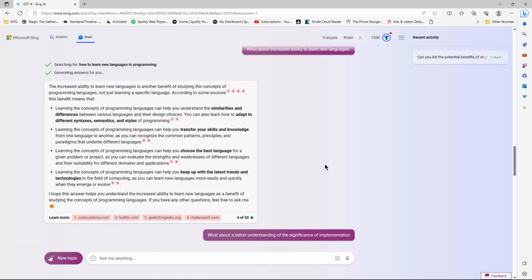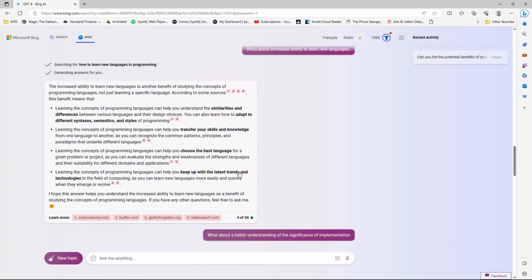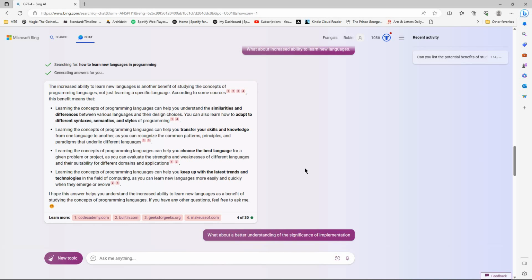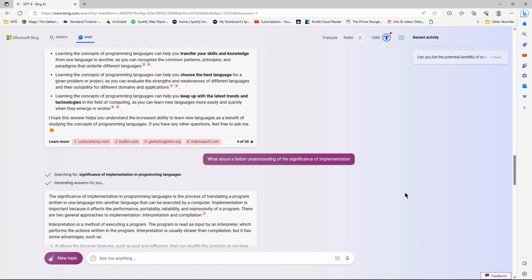Choosing the best language for a problem. And keep up with the latest trends. Interesting. What about? Okay, so you're more like, okay, I see why it's done that. What about a better understanding of the significance of implementation? Again, another benefit that you often see listed in textbooks